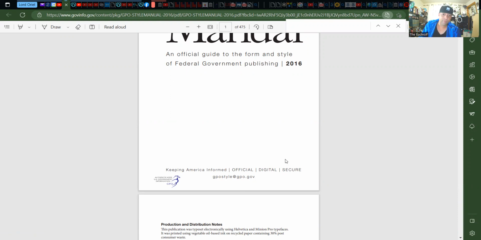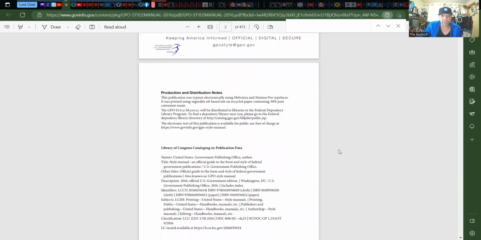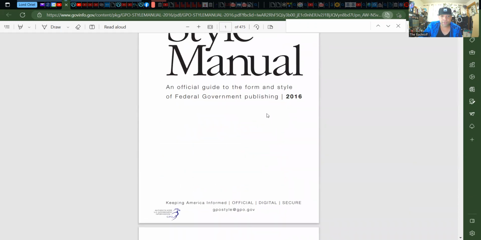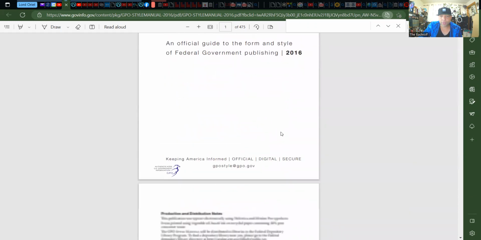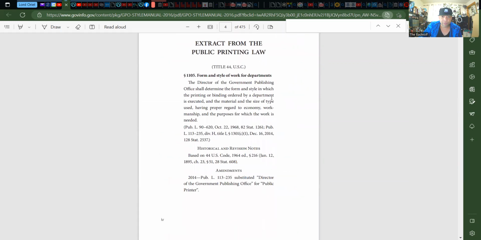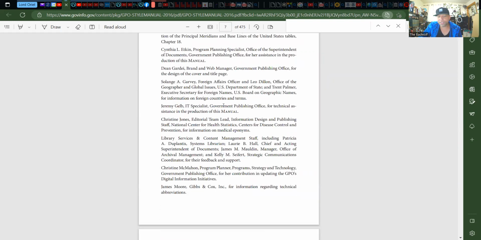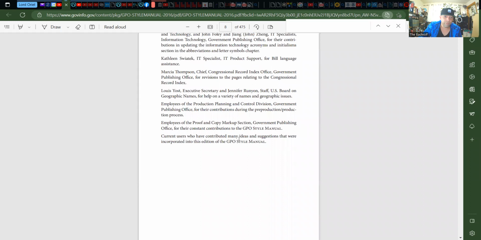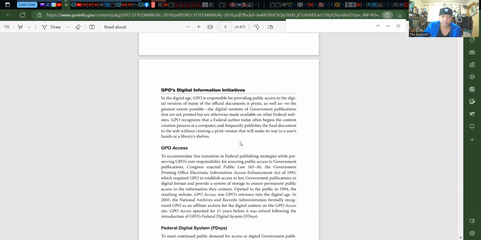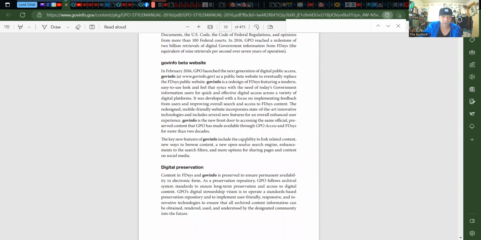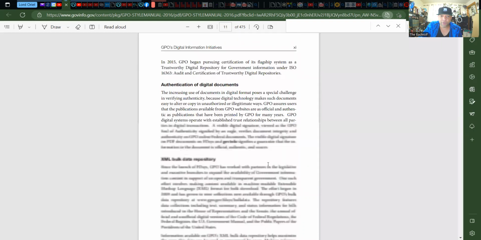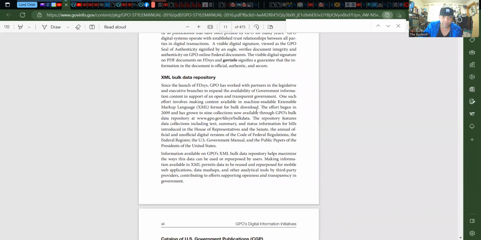Okay. All right. So what's in here? Well, as I just said, everything having to do with the form and style of anything that the government prints, they have to put it in here. Even if you don't see something listed here and you want to ask a question, a good question to ask might be, what do the stars mean? They may or may not have the information. They do have a section with stars or asterisks, but how somebody else is using them, we don't know.